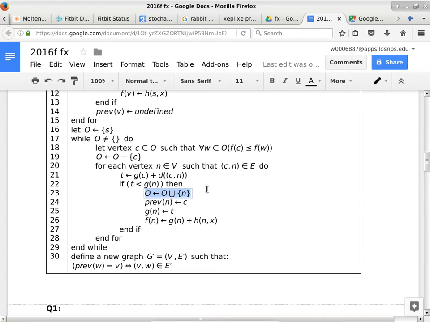Yes? Wouldn't it be because you're updating the G of n as well? Very good. Good job. Because to get to this part, to get to line 23, this condition has to be true. Right? Wait, hold on a second here. What is the big deal of that condition having to be true in order to get to line 23 to add a particular vertex back into big O? Why is that a big deal?